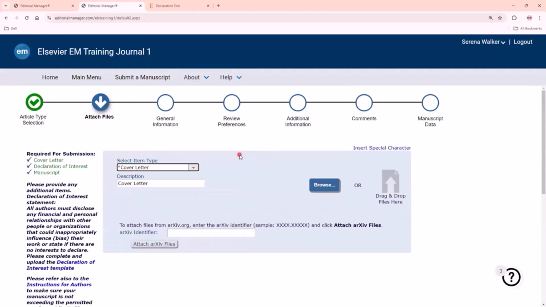Now, cover letter is not mandatory for all journals, but for some journals, it is deemed mandatory. It's just a simple, brief business letter which is designed to introduce your manuscript to the prospective editor. So if the guide for authors does not specify what needs to be included in the cover letter, you may wish to include some of the following items that I'm going to list now. So please make a note.